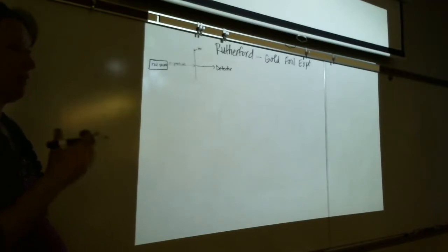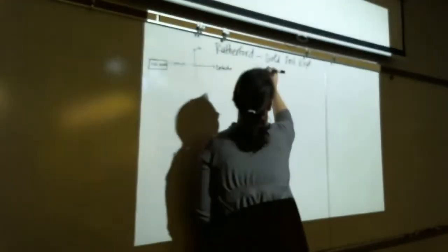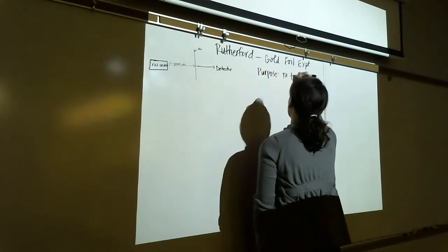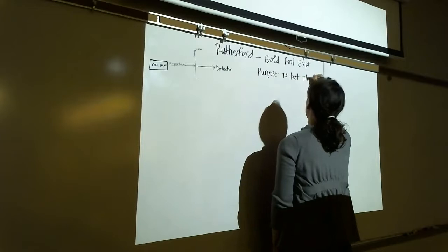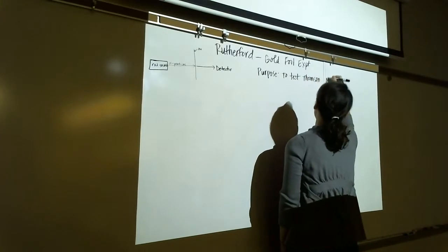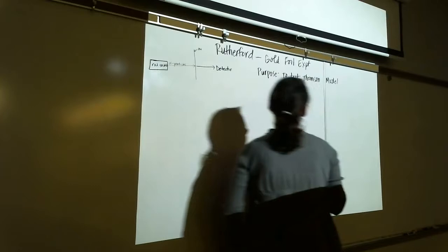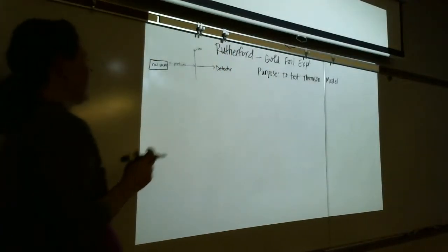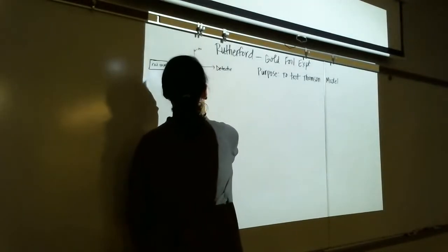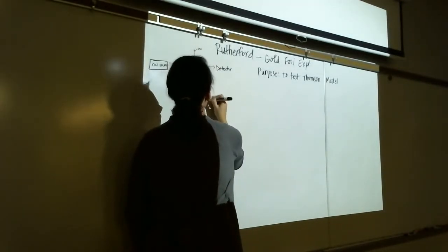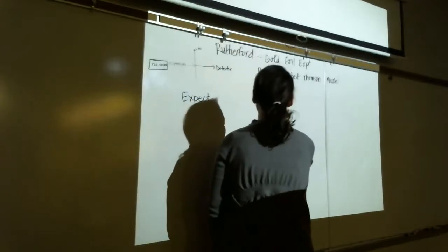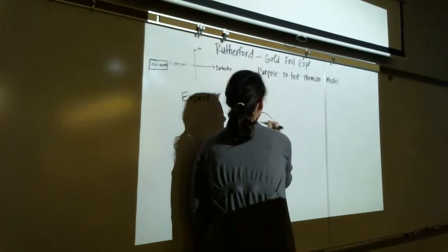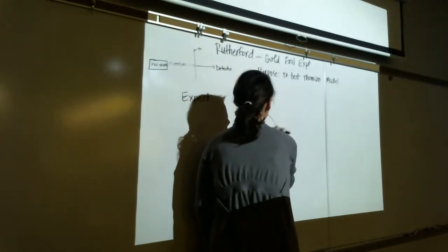Now, the purpose of this test was to test the Thomson model. Okay, we're testing to see if the Thomson model is the correct model of the atom. And so here's what you would expect to happen. If Thomson's model is true, right, where you've got this solid sphere with these negatives just kind of embedded in there randomly,